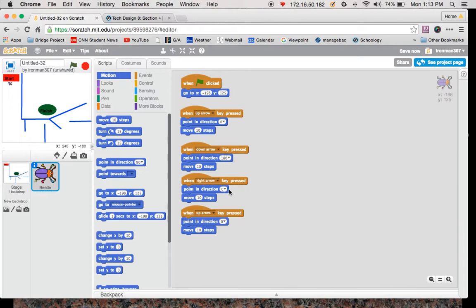Right, right, and then left, left. So use this to match your code. So I have up 0, down 180, right 90, left -90. So right now, my little guy is coded to move around. There you go. There's that step, and next video is going to be how to